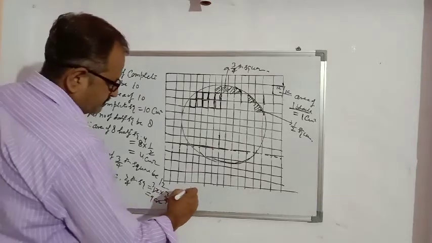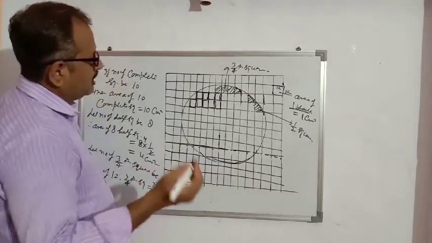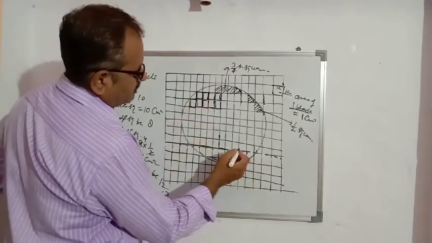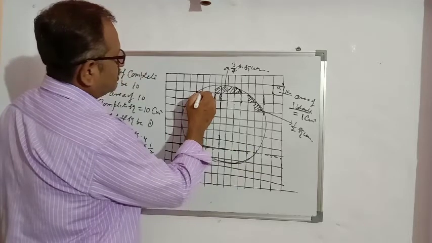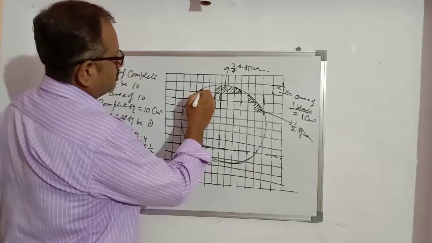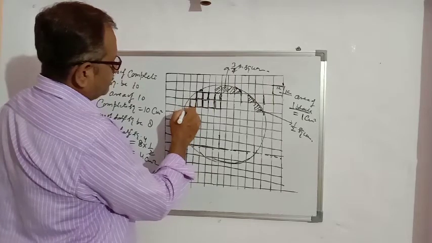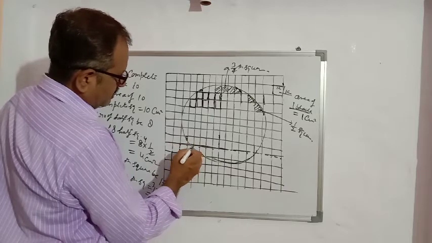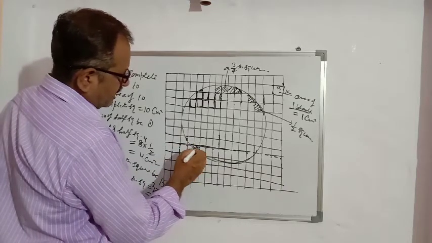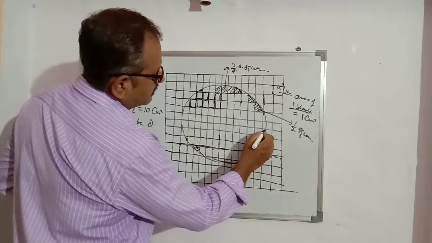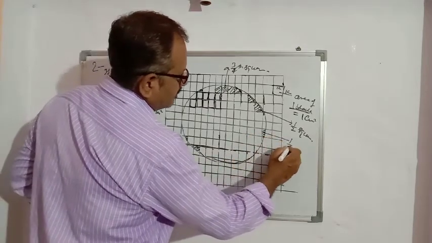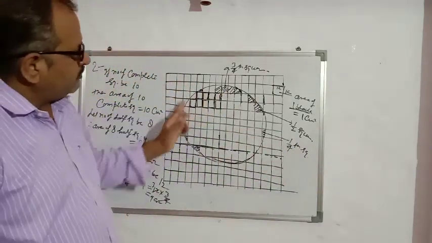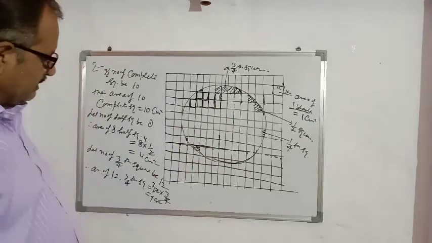After that, we will count how many 1/4 squares. How many 1/4 squares? A 1/4 square means, suppose, this one. This one is a 1/4 square. Here we can take this portion as a 1/4 square, like this. Now count how many 1/4 squares are coming in this circular region.